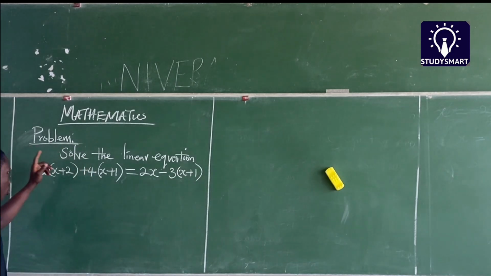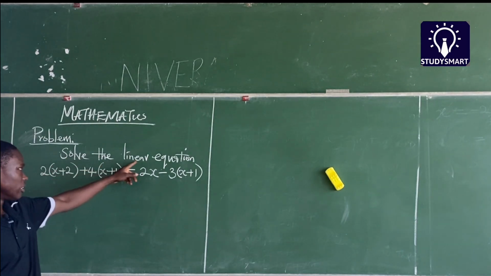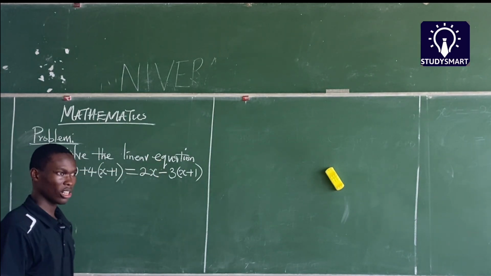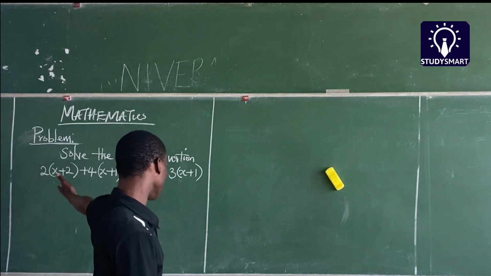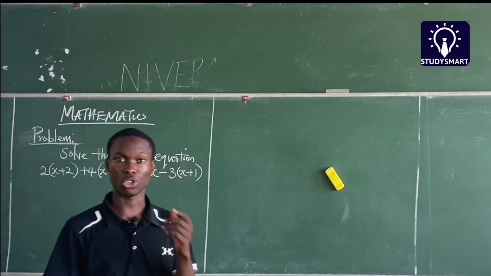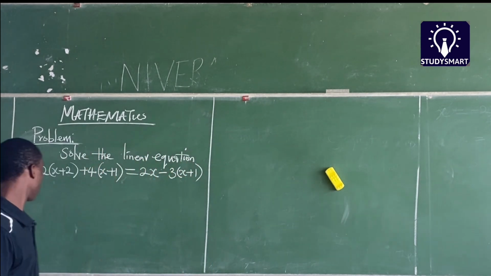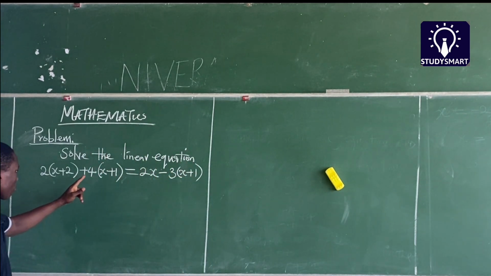Right, so the question says solve the linear equation. It has already been stated that this equation here is linear, so we are going to be solving this equation. All right, so the first thing we are going to do here,